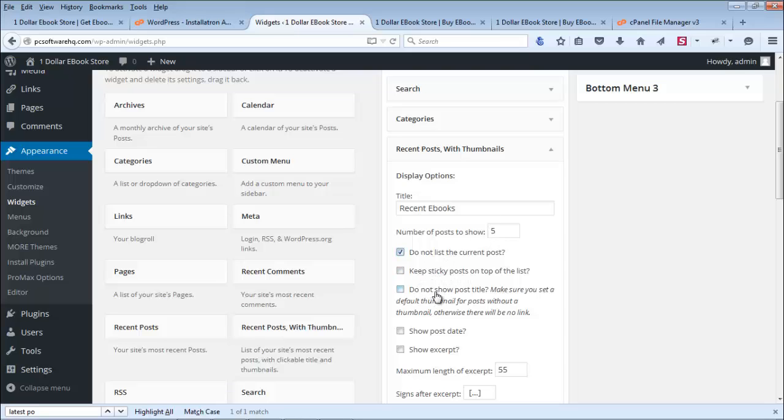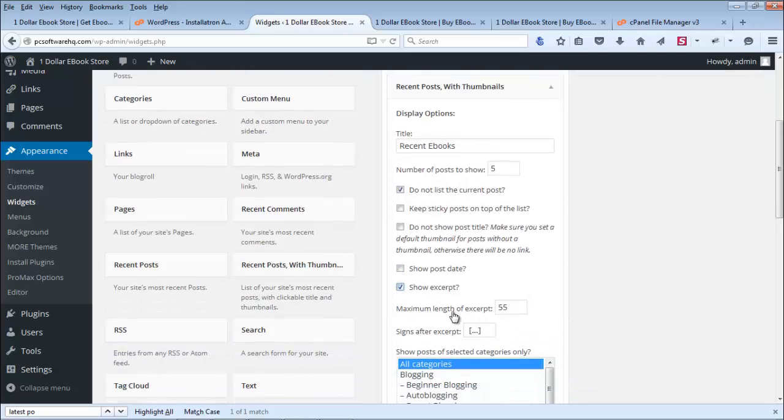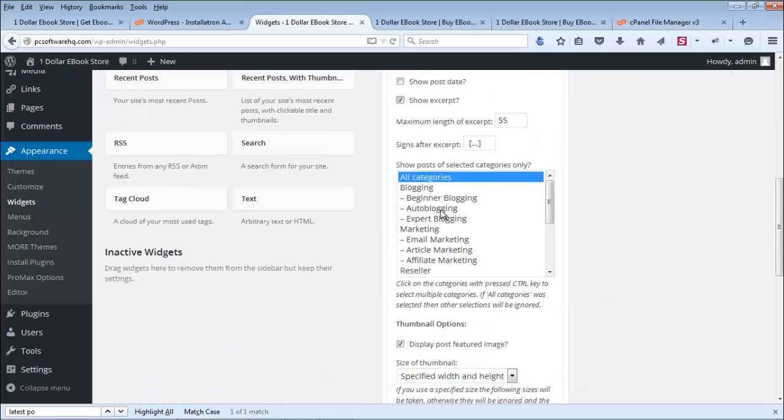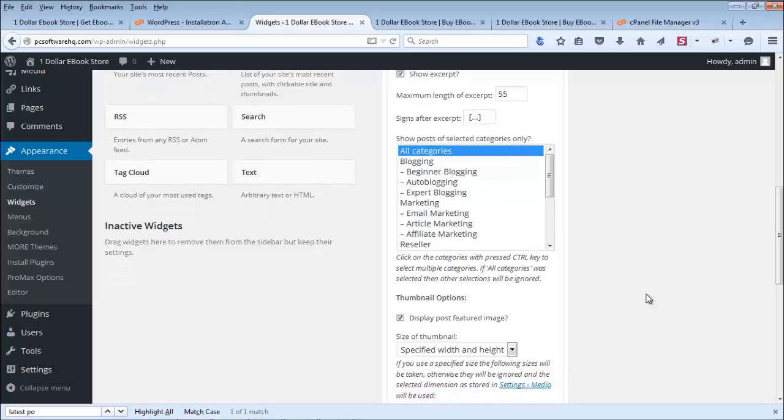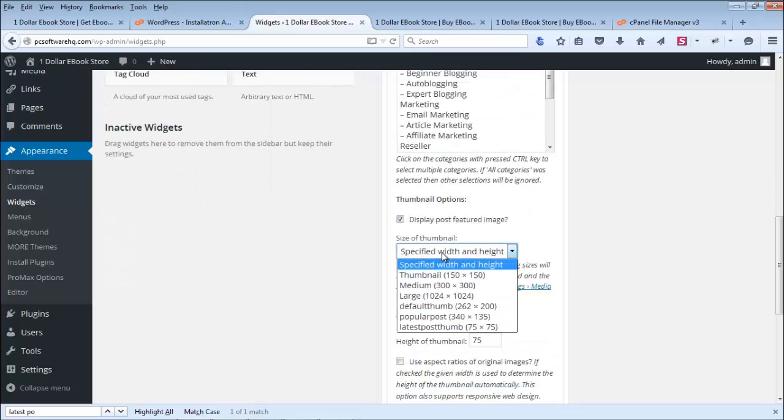We don't need this one. Do not show post title. No, we would like to show the post title here. No, we don't want to share the posted, but we would like to show the post excerpt here, and maximum length of excerpt is 55 characters, and we would like to show all the characters here. Thumbnails, display post featured image. Yes, display the thumbnail here,